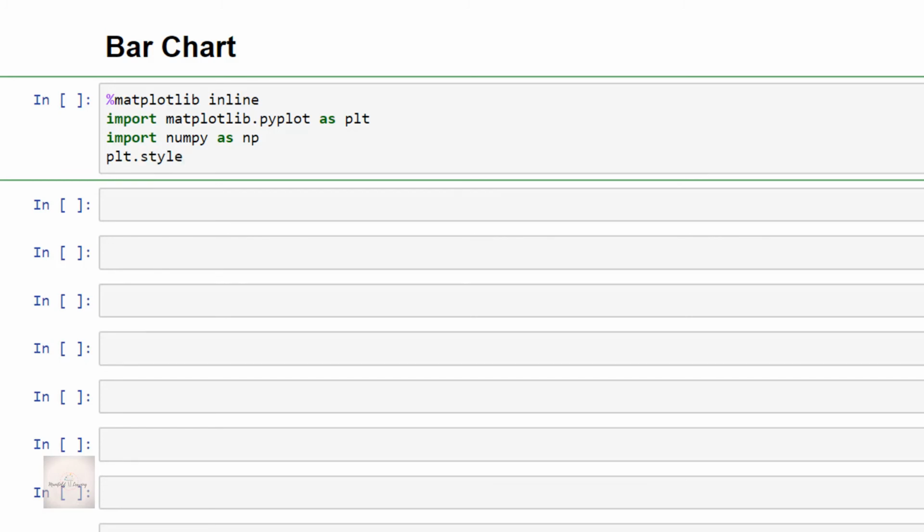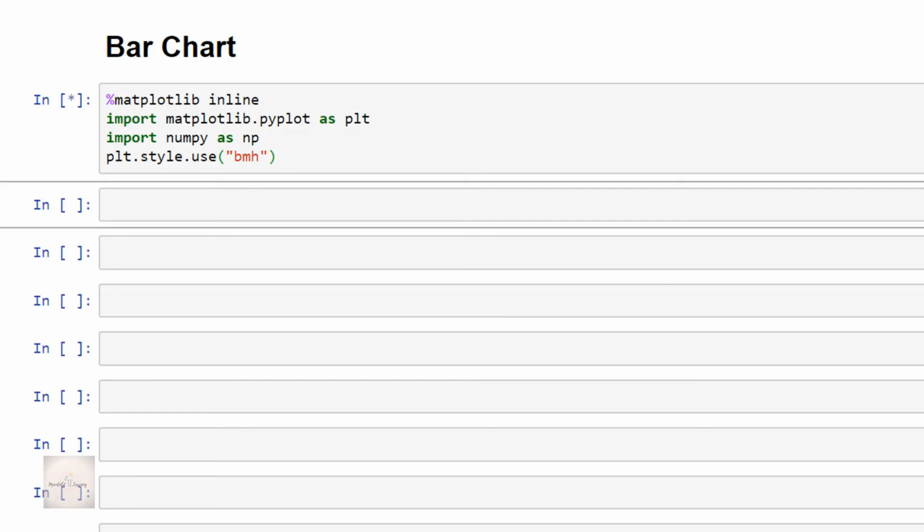I'm using bmh here, it is bmh. Okay, then I'll write x is equal to np.arange of 1, 9,